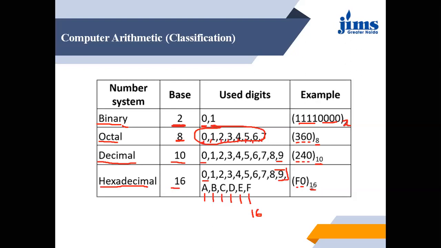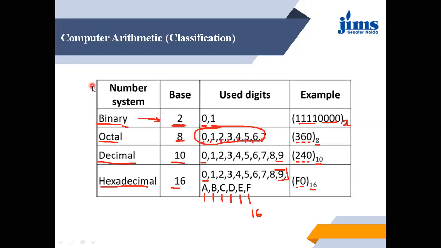So this was the concept behind the different number systems that we use in digital electronics, as well as what we have to study for the use of computer applications. But especially we are going to concern ourselves with the binary number system to discuss computer arithmetic. So now we will discuss binary number systems,